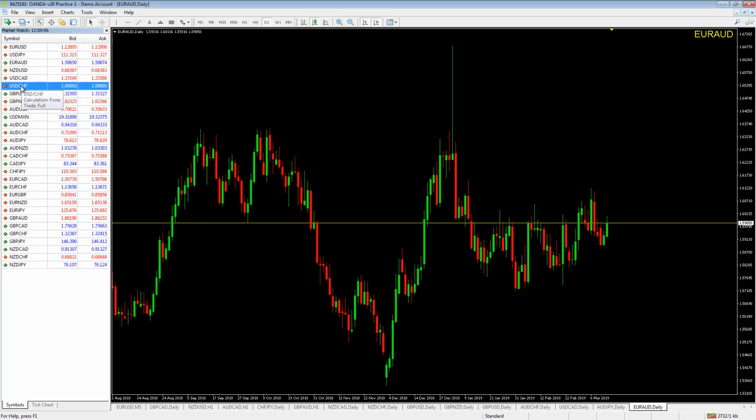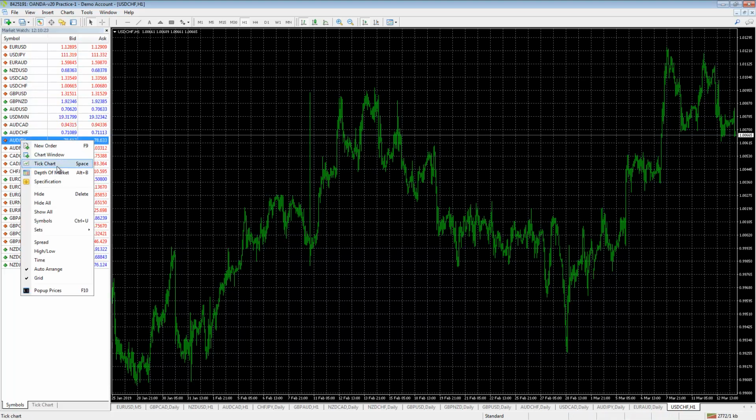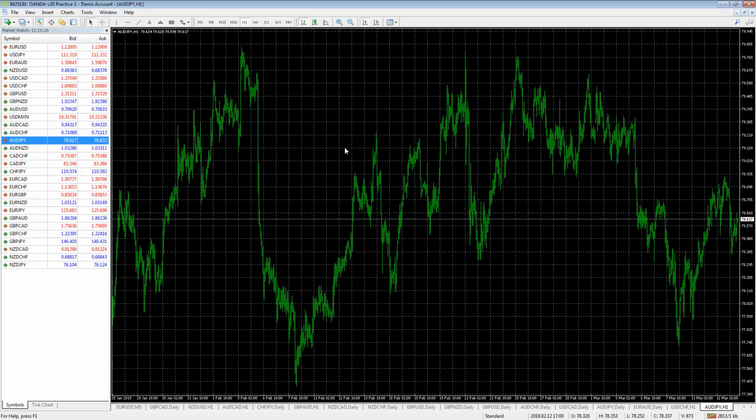Okay. Now I'm going to open up a chart window for USD Swiss. And you can see, since there is no default chart or template, that Metatrader 4 just defaults to its standard grid and yucky, just not a friendly setup. And we can go to Aussie yen, same thing. That's what Metatrader 4 defaults to. So instead of looking at that,